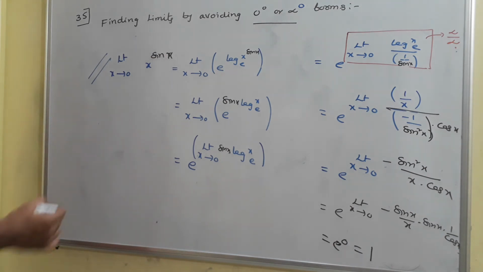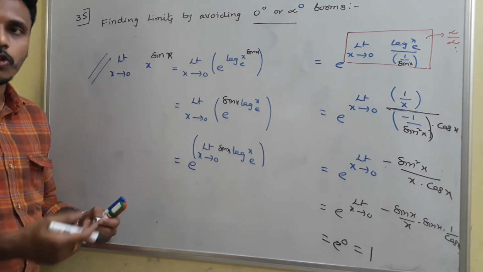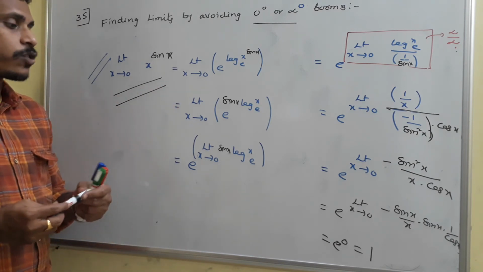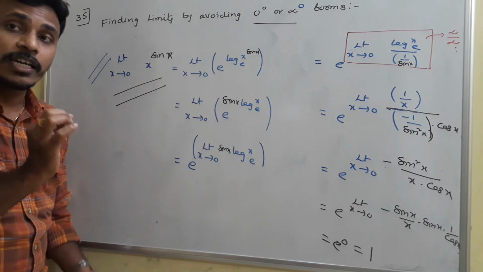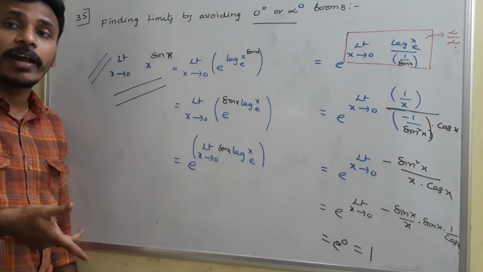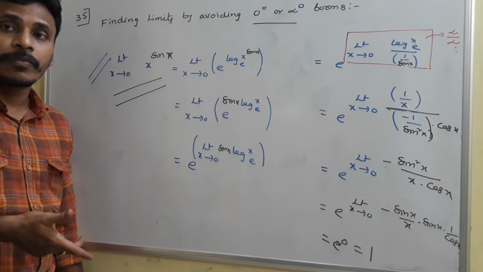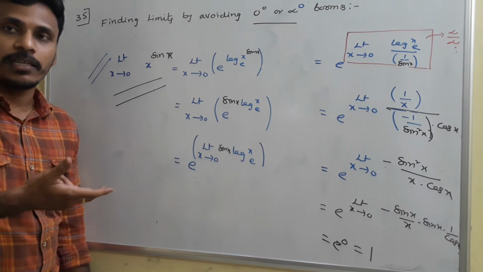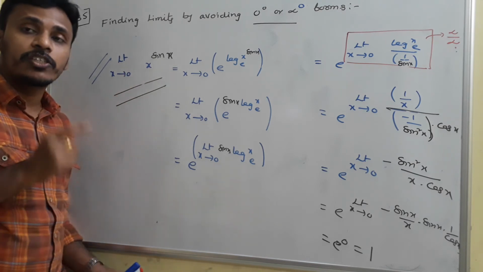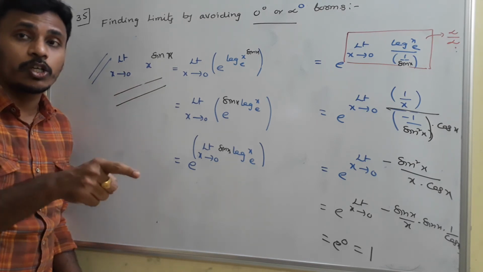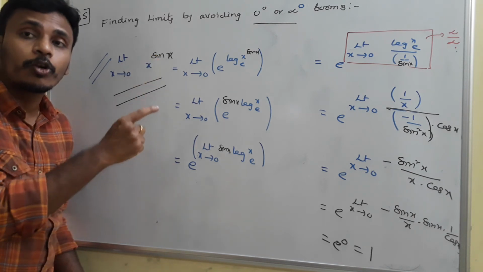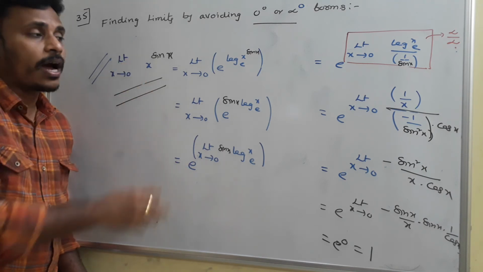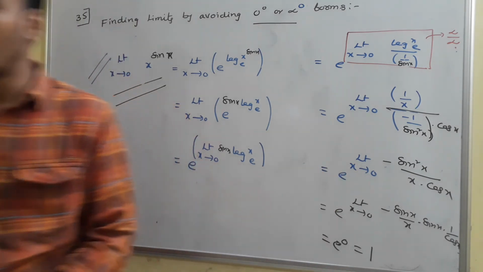There may be a difference in some cases, but in most cases we will get that the limit as x tends to 0 of x power sin x is 1. Actually, as x tends to 0, the function itself is not defined; 0 power 0 is indeterminate. For these types of special functions, the exact importance of limits arises. The function is not defined at 0, but as x tends to 0, x power sin x tends to 1. The way of finding that limit is using logarithms and L'Hospital's rule. Have a look.